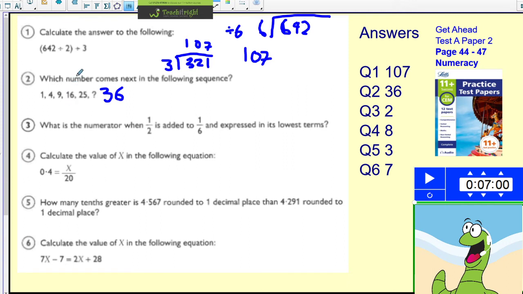So the named sequences are the ones that are special that you just need to be able to recognize: square numbers, which are where you do 1 times 1, 2 times 2, 3 times 3. Cube numbers, which is 1 times 1 times 1, so that's 3 times. 2 times 2 times 2, again, 3 of them. 3 times 3 times 3, 4 times 4 times 4. You will never go higher than cube numbers as a sequence, but you'll also need to recognize the Fibonacci sequence,